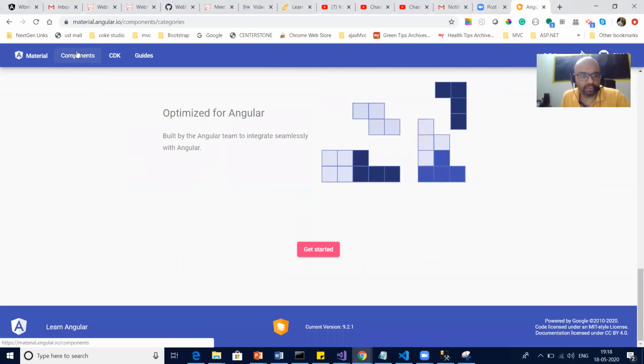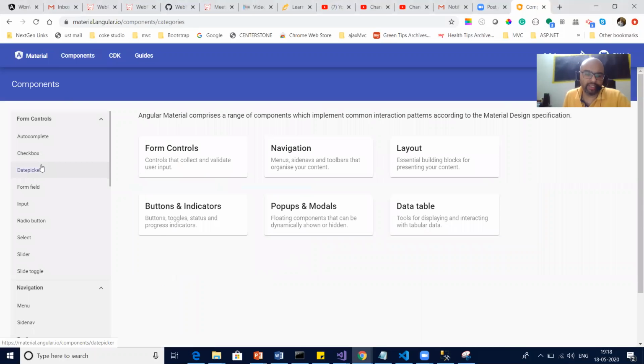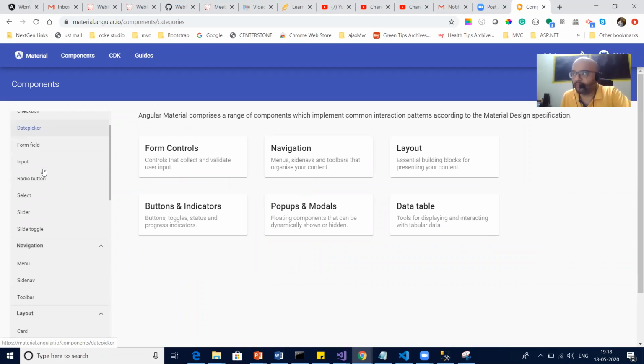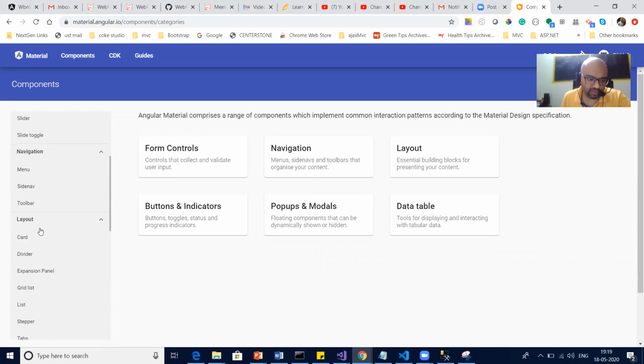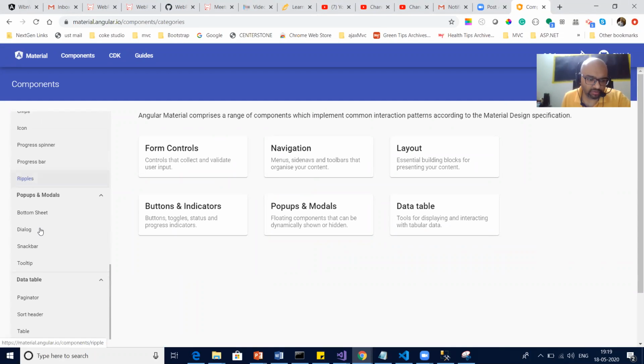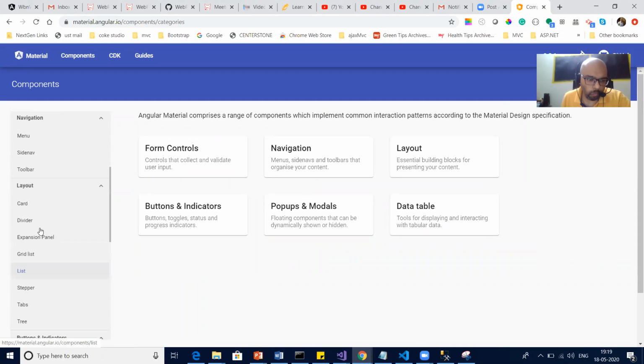So go to components, and then you can see at the left hand side all the components. So what do we need? Carousel. Let's see, do we have carousel or not? Where is carousel?